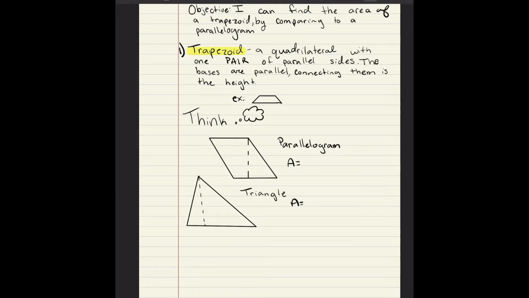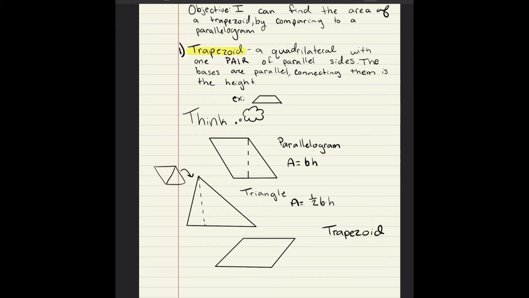Okay, now let's look at our think problem. We had a parallelogram, which is our basic formula: base times height. Then we had a triangle. When we had our parallelogram, we cut it in half, and that gave us our triangle. So it was 1/2 base times height. Now for a trapezoid,